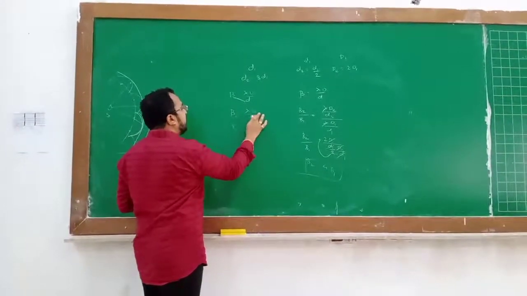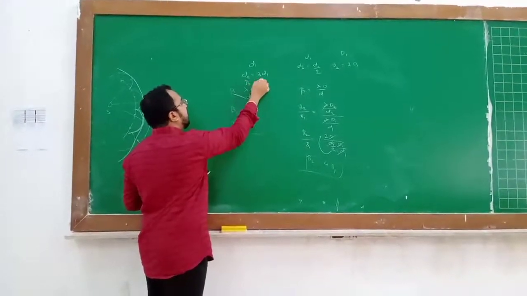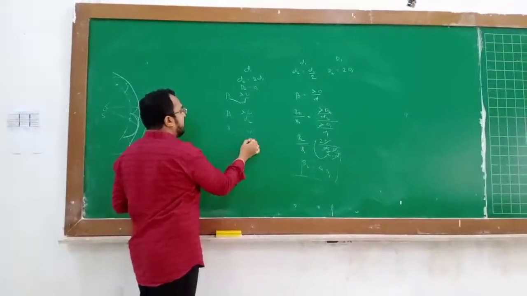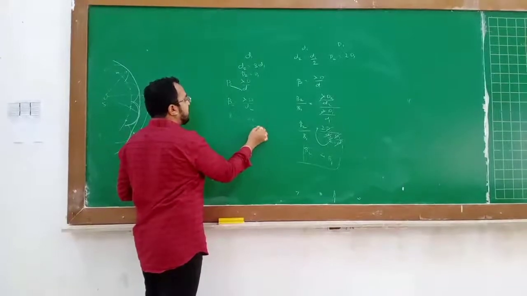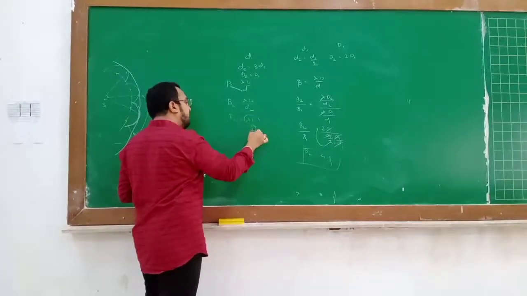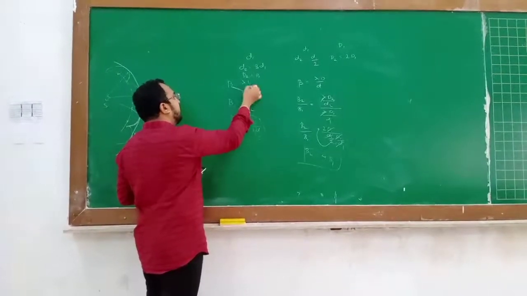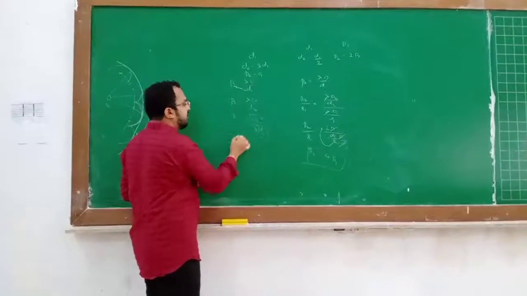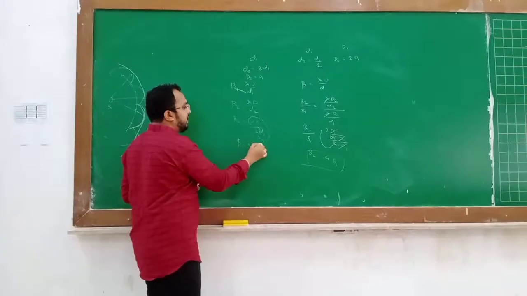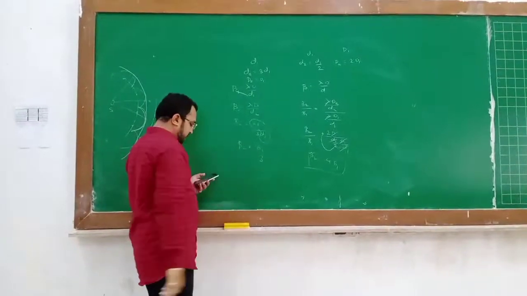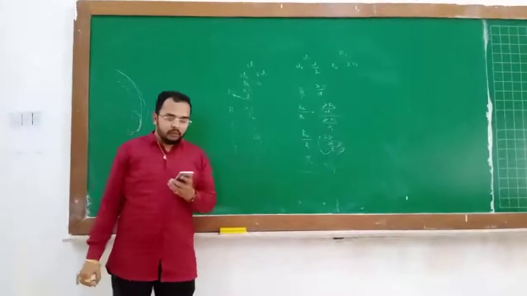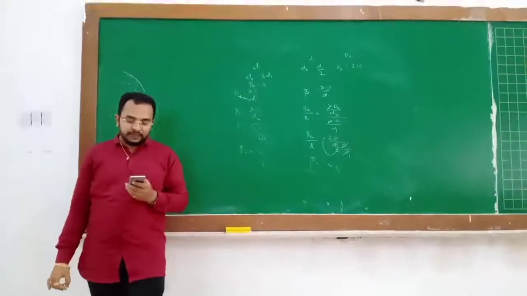So D2 is the same, D2 is equal to D1 because इधर काही सांगितलेलं नाही आहे, वेवलेंथ पण सेम आहे, so इथं पण D राहिला. In place of d2 we can write 3 times d1. Now what is lambda D by d1? Lambda D by d1 is nothing but beta 1, so we can write beta 1 upon 3. Okay, so your answer will be 1 by 3, 1 by 3 the original fringe width.